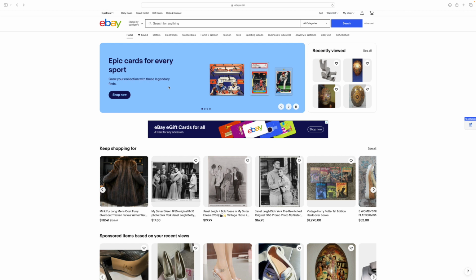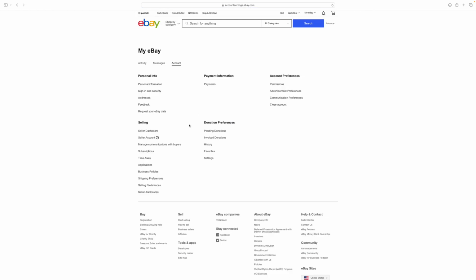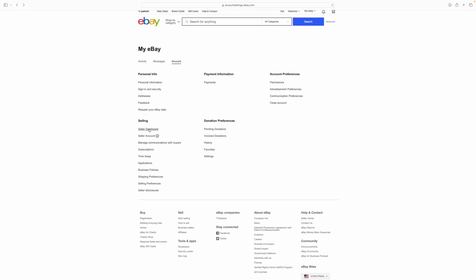First, you must have an eBay store. Once you have your store set up, you're going to go to your account settings, then scroll down to your seller's dashboard,